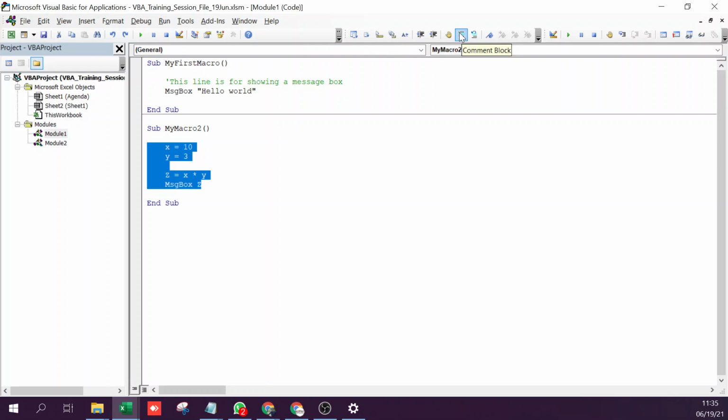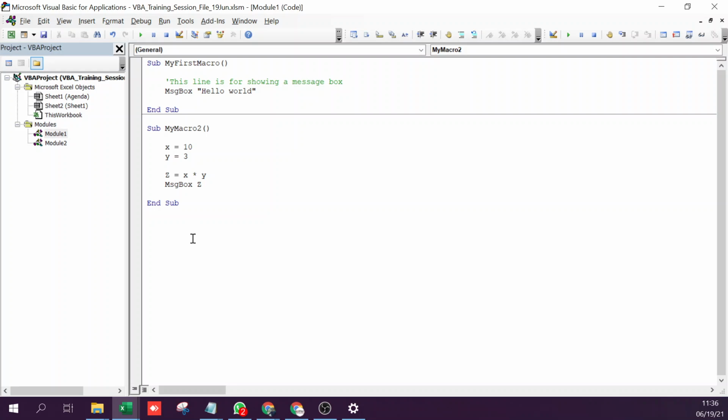So here there is an option of comment block. So the entire block will get commented. If you've written something wrong but you don't want to delete it, you want to just keep it for your future reference, you can even do that. And if I want to uncomment all of this again, I can simply uncomment the entire block. Okay. So that's the concept of variables.